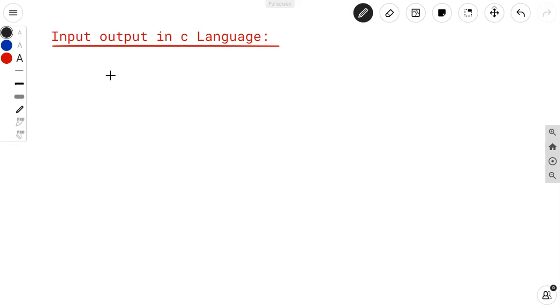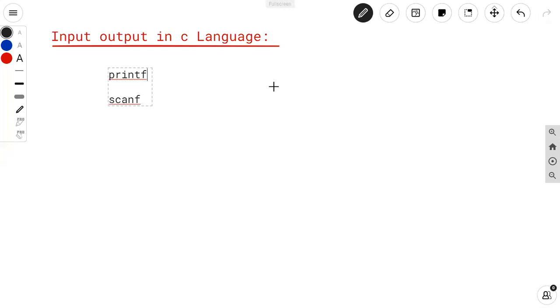The most commonly used input output functions in C language are printf and scanf. So what is the use of the printf function?